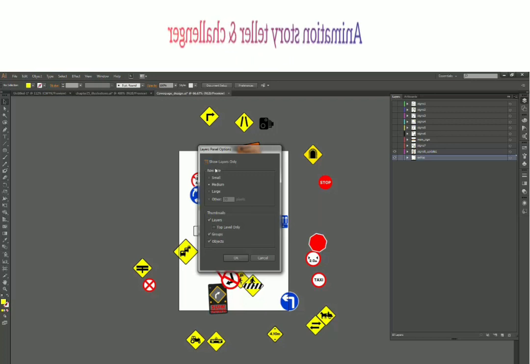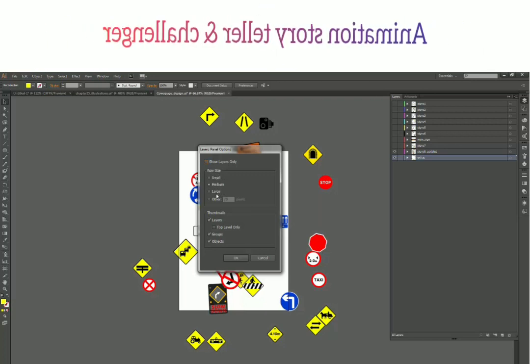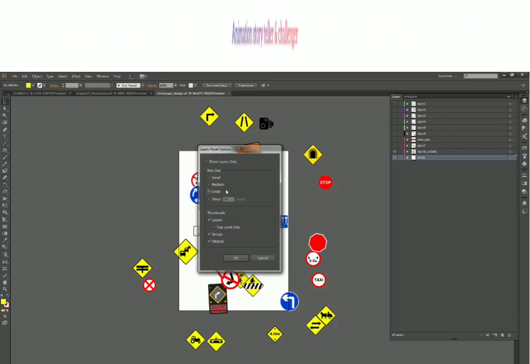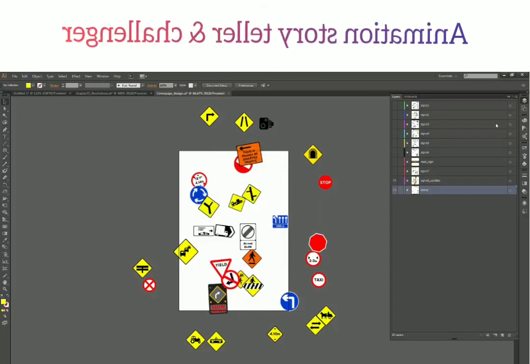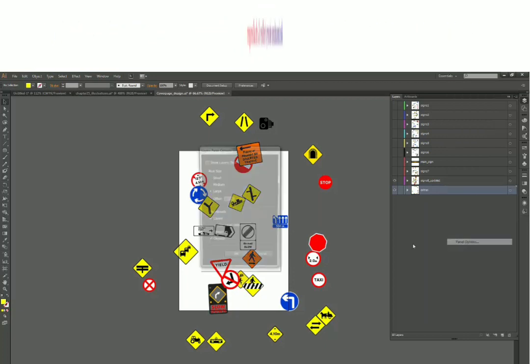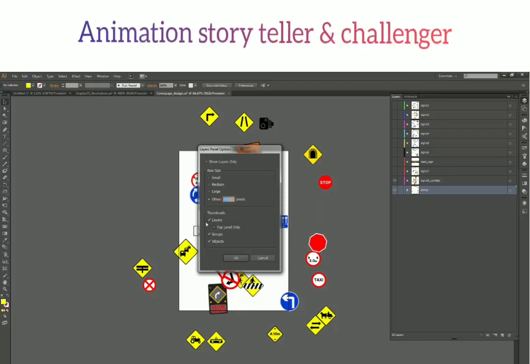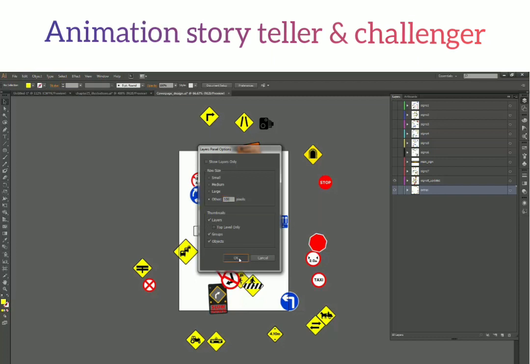Now we have this row size which says small, medium, large. Right now it is medium. Some people actually like to view their thumbnails really big, like I do. So you can click on large and click OK, and you can immediately notice the difference. The row size has changed. Furthermore, you can go to others and change it to a number. Let's say I'm entering 150 right now and press OK.